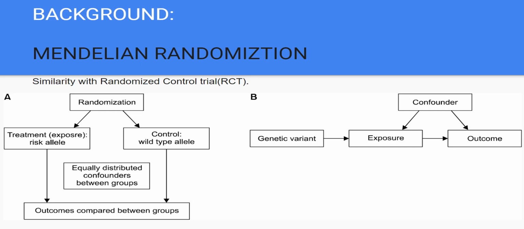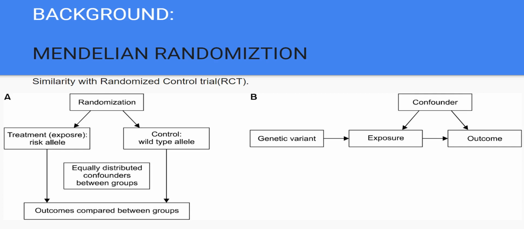MR is similar to the RCT because the random segregation of genes separates them independently into exposed and control groups. So unmeasured confounding factors are also distributed equally between the two groups. Here you can see the exposure and control group, and here is the same thing, exposure and control group,